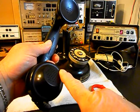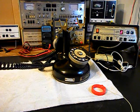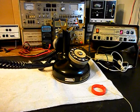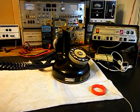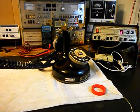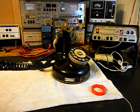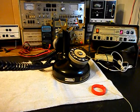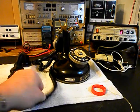Now I want to transmit into the handset. If you watch that red light on the analyzer, every time you see that red light light up, that's an indication of 100% modulation on transmit. 1, 2, 3, 4, 5, 6. Hello, hello. Now we also want to go ahead and take dial tone away,